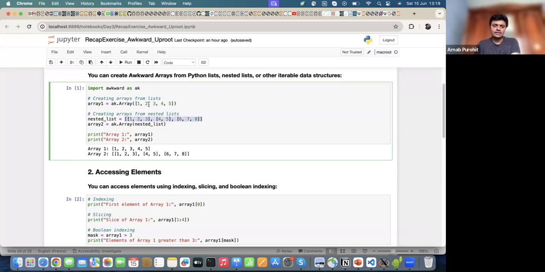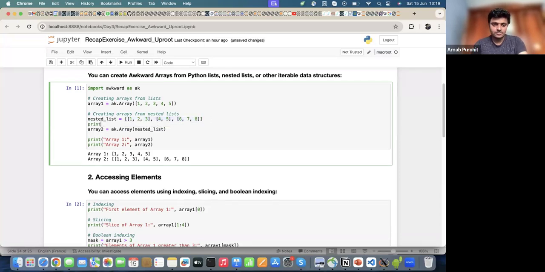Like in this case, you had, for example, 1, 2, 3, 4, 5, so 1 row and 5 columns. Whereas here, because this is a list of lists, what will you say? And then if you try to get the shape of this, let's say,